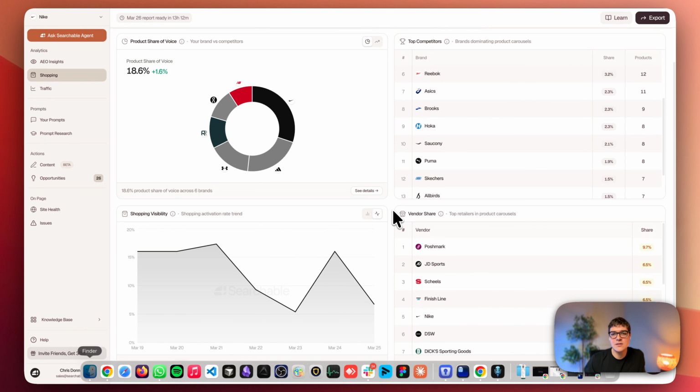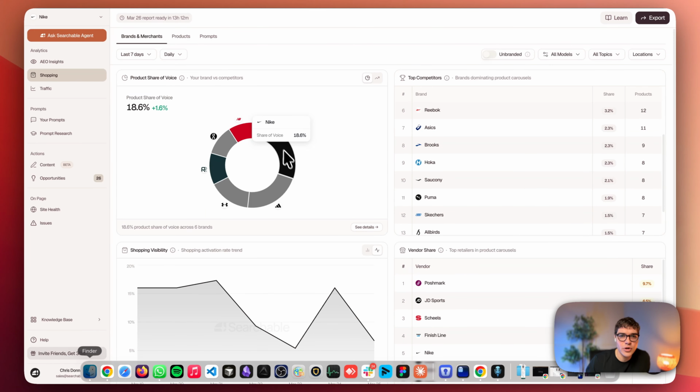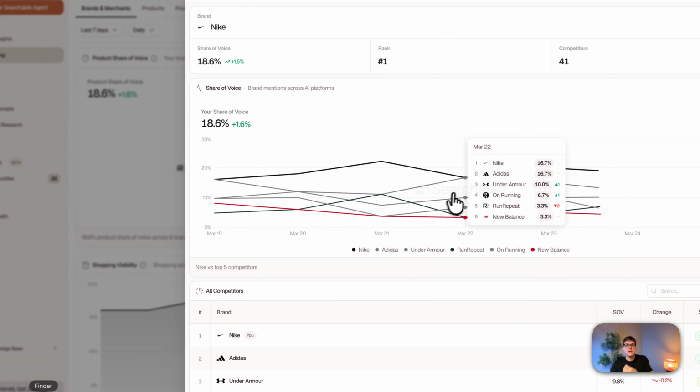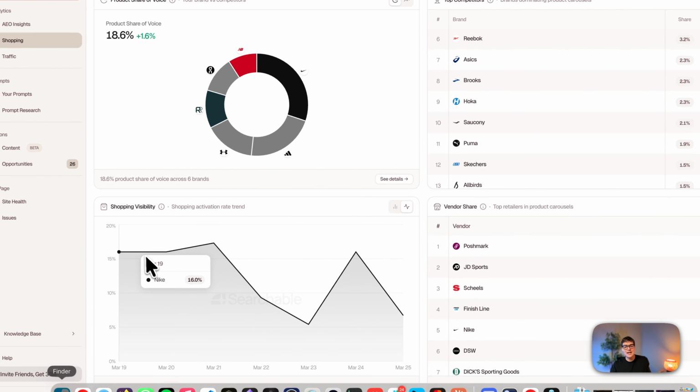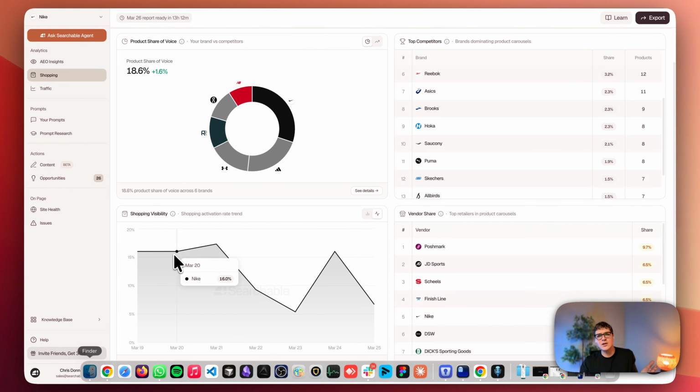So for e-commerce, this is a massive win. This will help you understand your product share of voice. It'll understand who your competitors are. It'll show you who your top competitors are on a brand level. You can look at your details to understand effectively your share of voice and more granular information. You can understand exactly how often different shopping visibility or product carousels or shopping features or e-commerce features are being surfaced within the actual LLM conversations. And most importantly, outside of the conversation of what can my brand do better, you will understand what vendors you can effectively go to form partnerships with to effectively add that as business intelligence to your offering so that you can capture more market share.